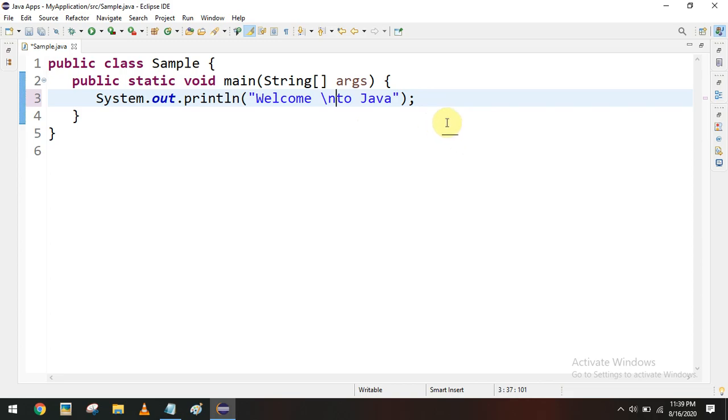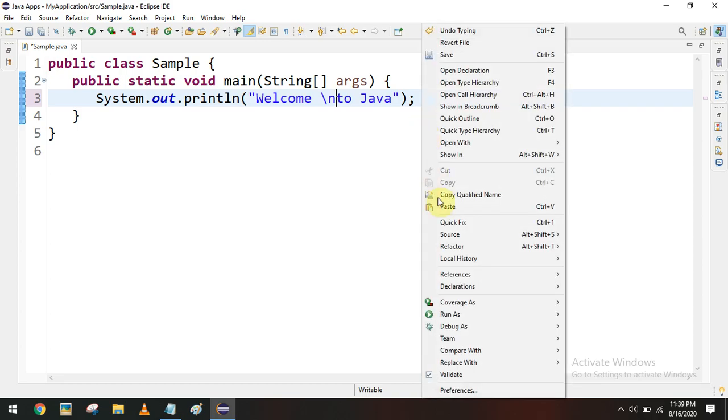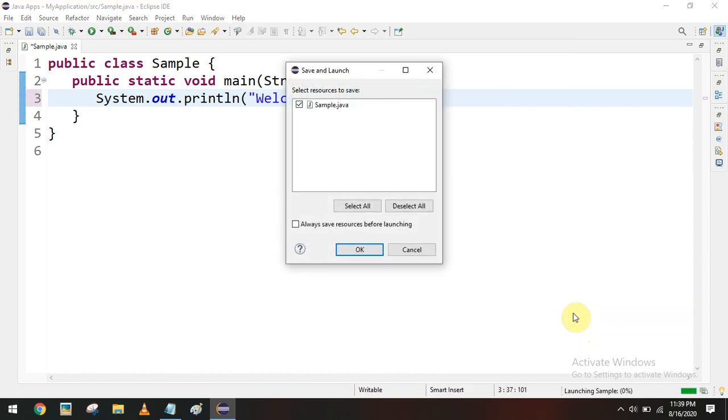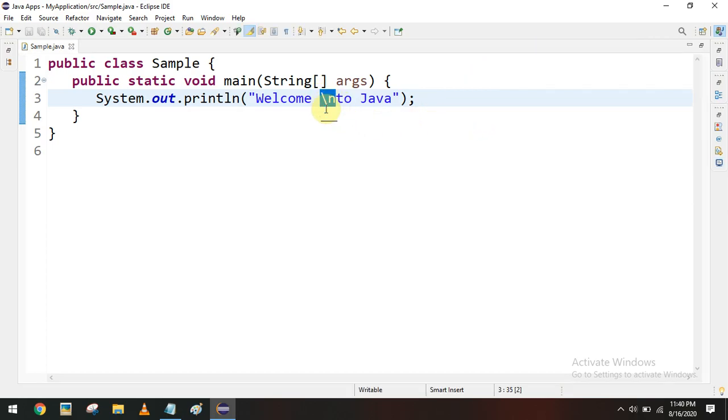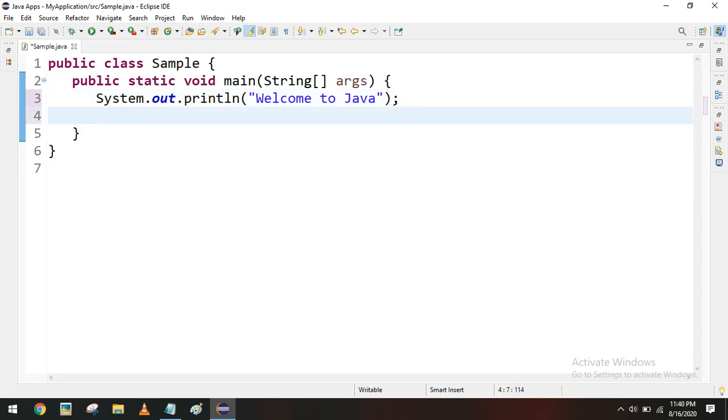For example, if I run the program, now "Welcome" is printed. After welcome, the remaining data comes on the new line, since we are adding a \n. Like that you can format the data, and we can also print one more piece of data.